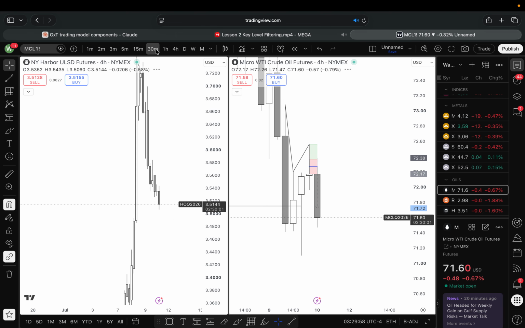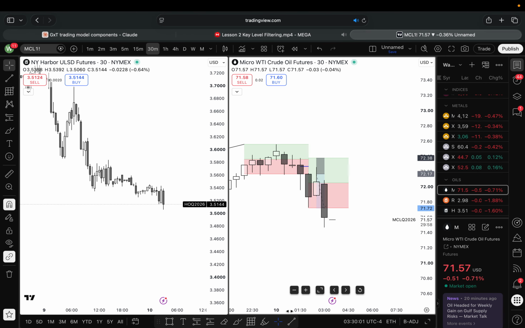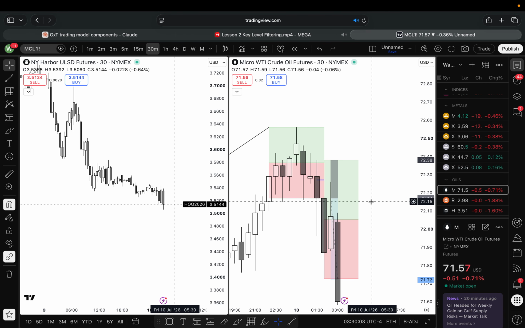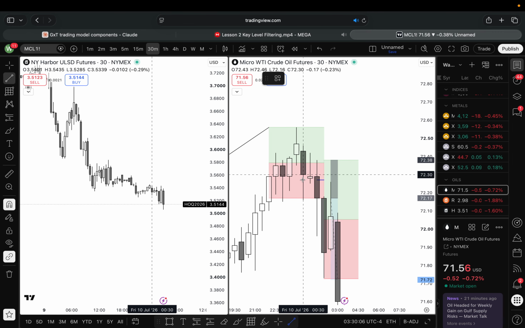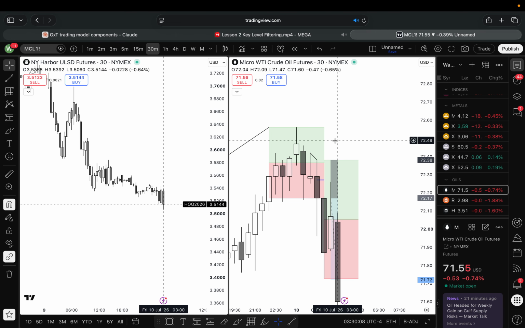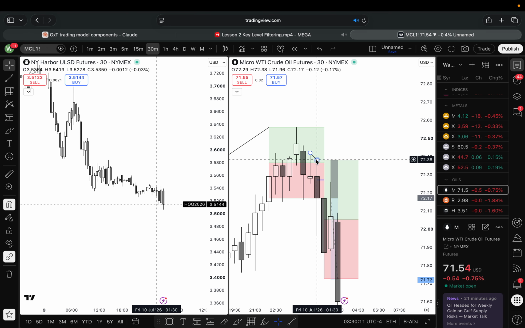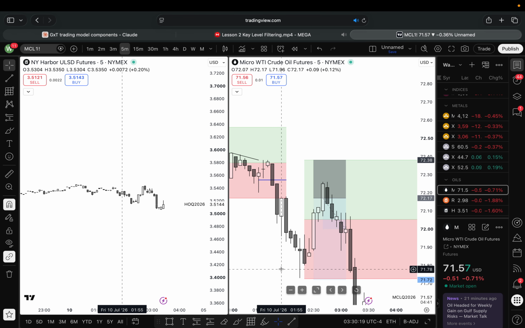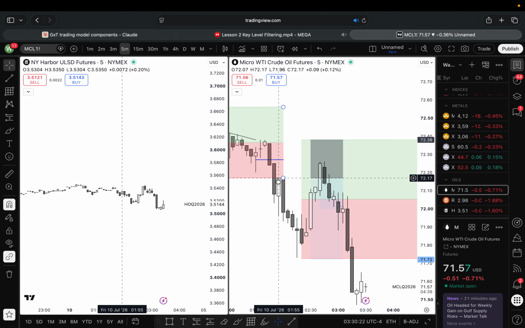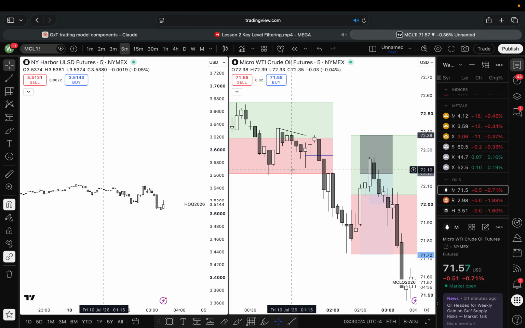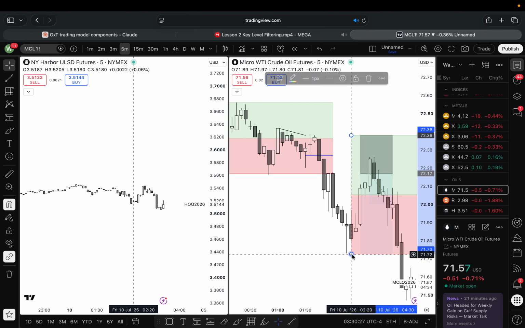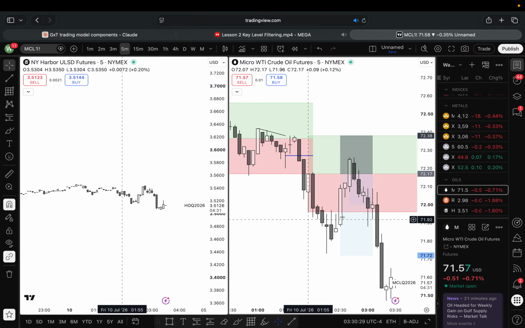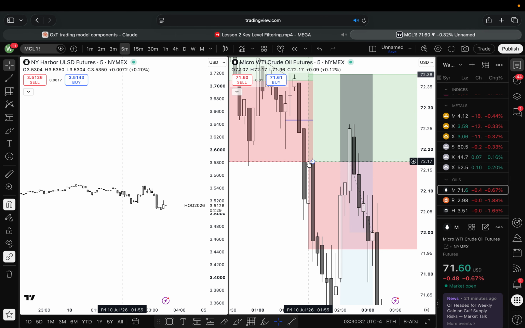So naturally I went on the 30-minute, and we had created an SMT fill over here, right? So it was a bit of a strength switch, so I was confident taking it. Then I went on the 5-minute. I entered on this fair value gap it created here. I was just trying to target EQ of the range. So at the time, this was EQ of the range, right? We had closed just at EQ, and I had a limit order set here at EQ of the range.